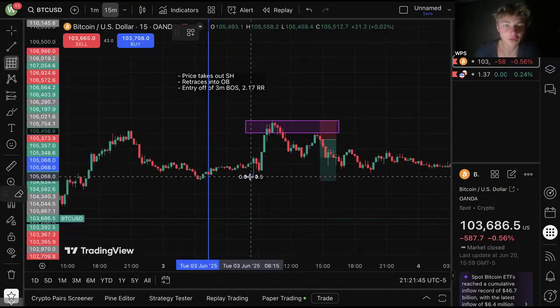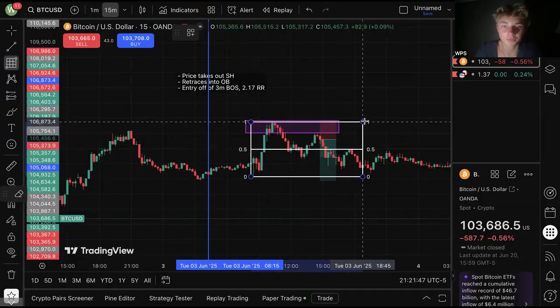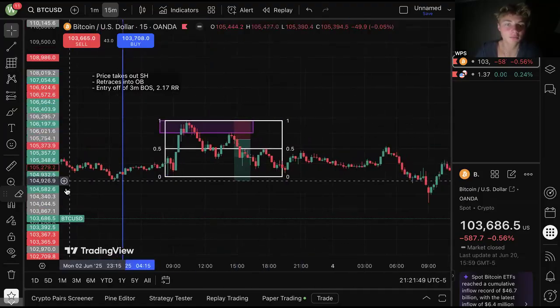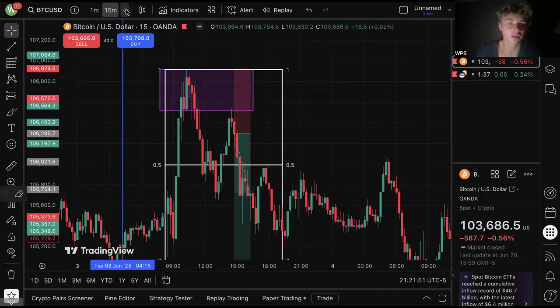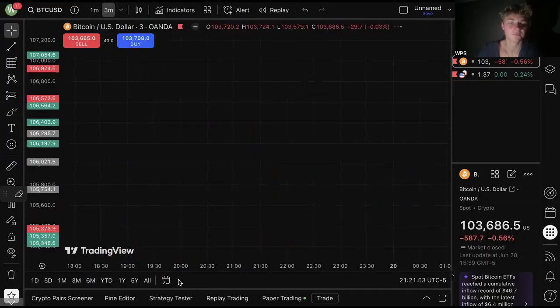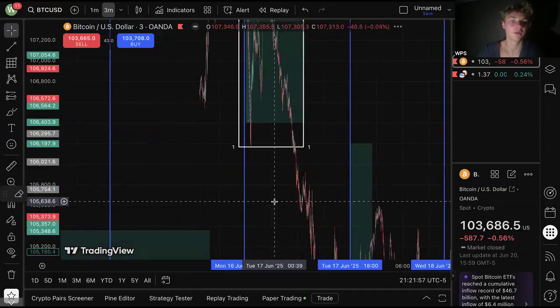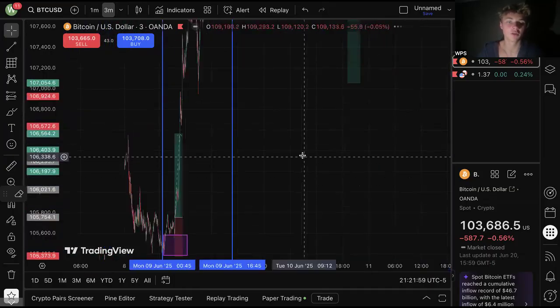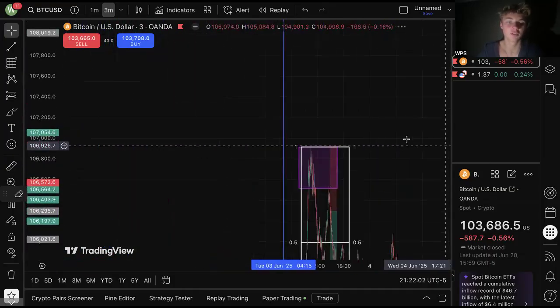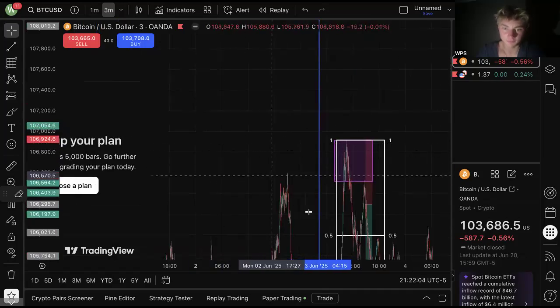In doing so, it forms equilibrium. As we can see, price retraces into this order block right here. So what I would do is, I think I can load it on the 3 minute, but I probably can't on the 1 minute. I would just go down to a smaller time frame, as small as I could get,